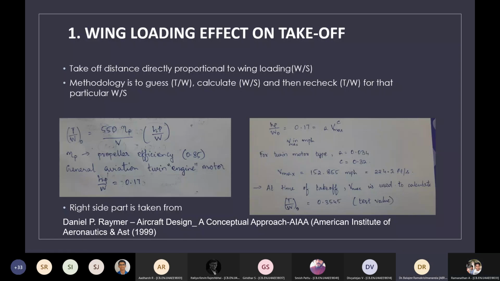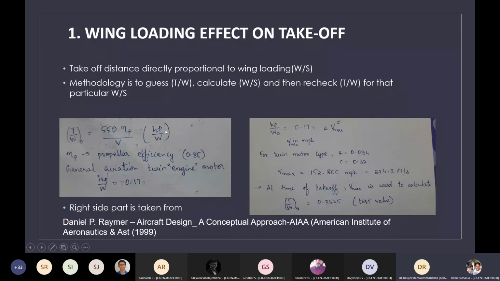My problem is reconciling the fact that power is thrust into velocity. Okay. Yes, sir. But we have this 550, no, sir. 550 is a very large number, no, sir, compared to. That is a units issue. Okay. Yes, sir. I have used everything in English units only, sir, so that we can compare. You have to explain why 550 is coming later. Okay, sir. Let your friends ask that question. You continue with your presentation.